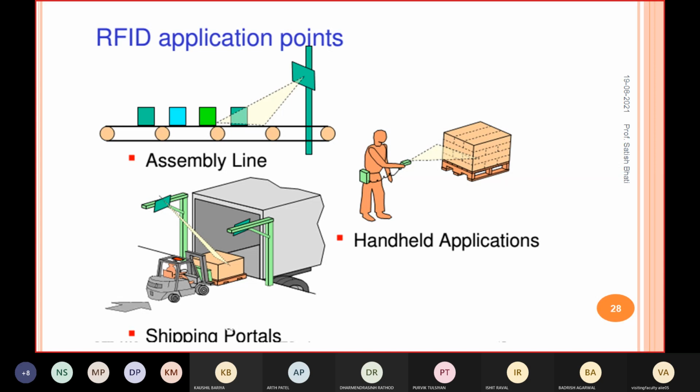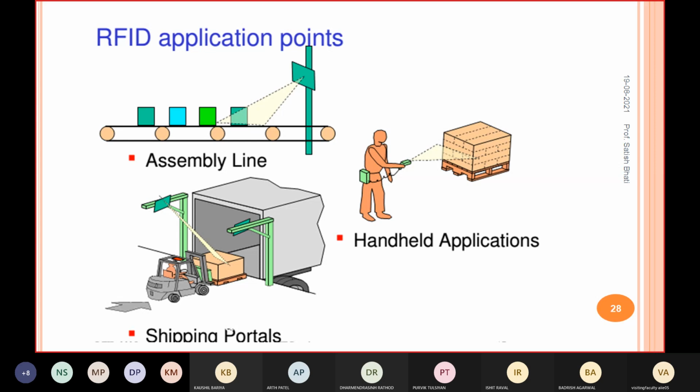Also you can use it in shipping, like courier, right? So once you send the data from one place to another place, you can track that, right? Then handheld applications. For example, you have boxes, right? And all the boxes are of the same size, same shape, same color, or whatever text or picture is pasted on the box, all are the same, right?